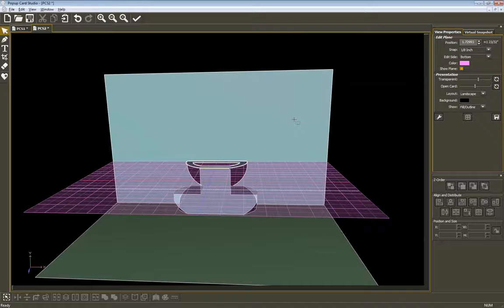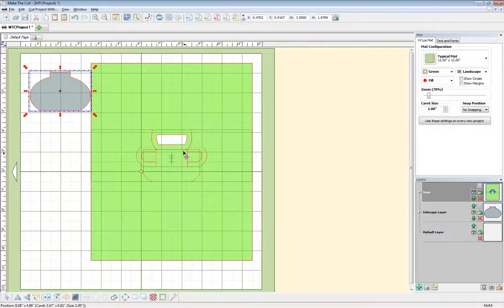Again, it's very easy to paste pieces back and forth between Make the Cut and Popup Card Studio. In the next version, for those of you that have not seen last week's webinar, or maybe it was 2 weeks ago now, Andy demonstrated one of the things he added: it's going to be easy to export some of the solid shapes from PCS. Normally when you export to SVG, it's not a solid shape because it's got fold lines at the top, fold lines at the bottom, fold lines in the middle,